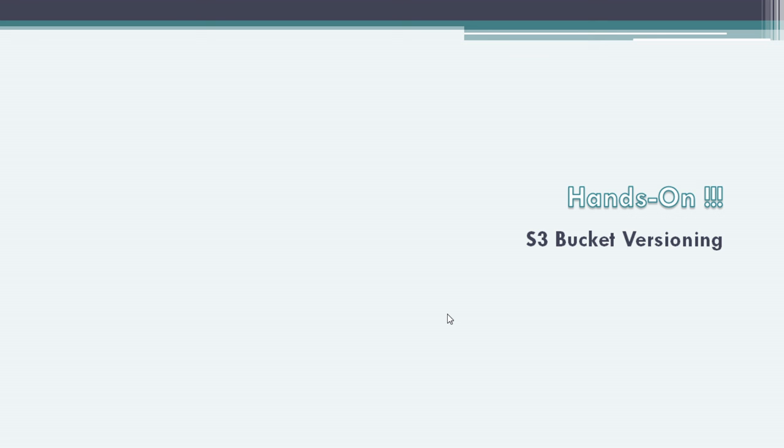When you call the delete request again, that marker is also deleted and your file is permanently deleted, but you can still get your older version by passing your version ID. I hope you understand this. It is a little bit confusing, but you can practice yourself so you can understand it.